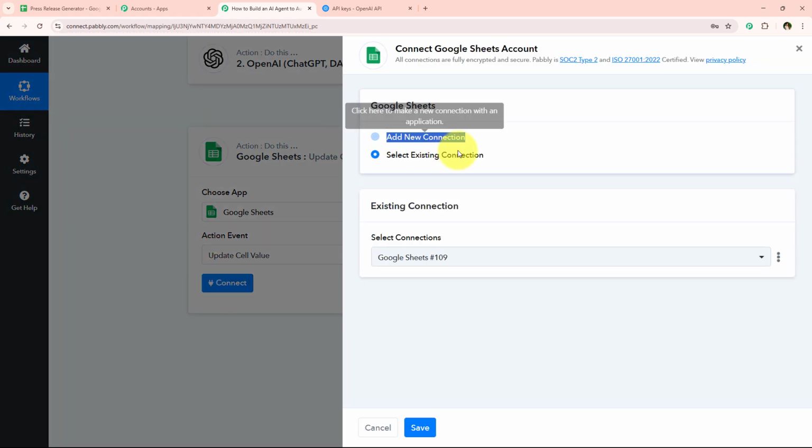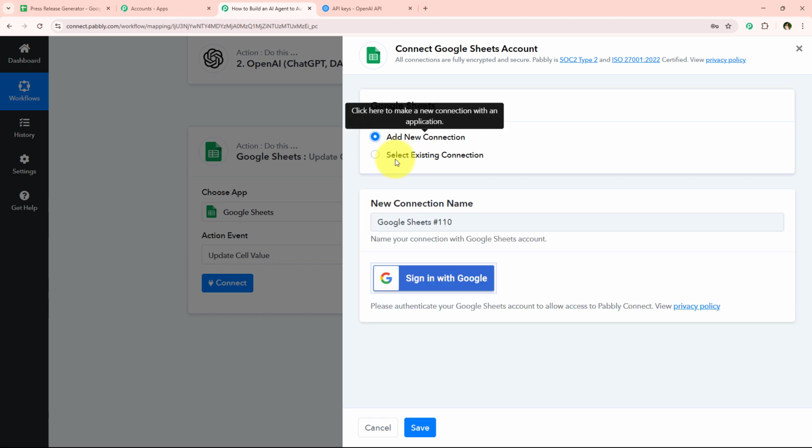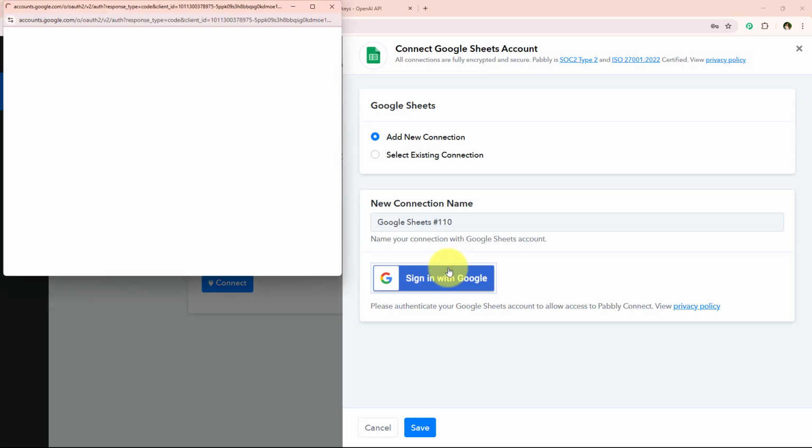And now it is asking me to add a new connection or select an existing connection. So if you have already connected your Google Sheets account with your Pabbly Connect's workflow, you can simply click on this select existing connection and then save. But if you haven't, you have to follow me. Click on add a new connection, and now we have to click on this blue button which says sign in